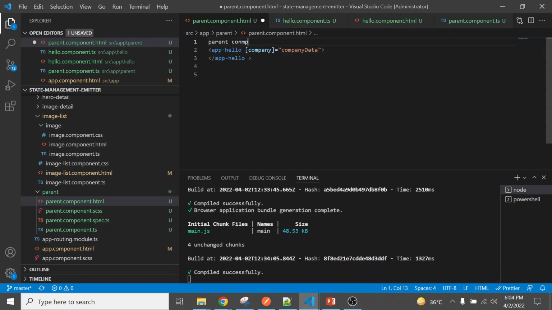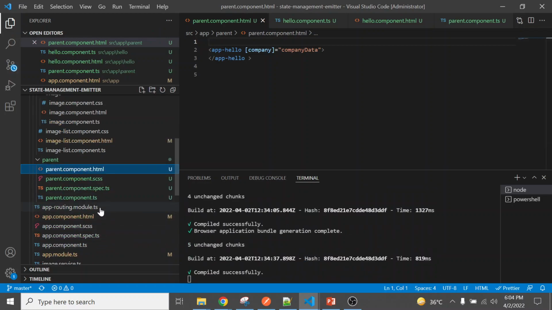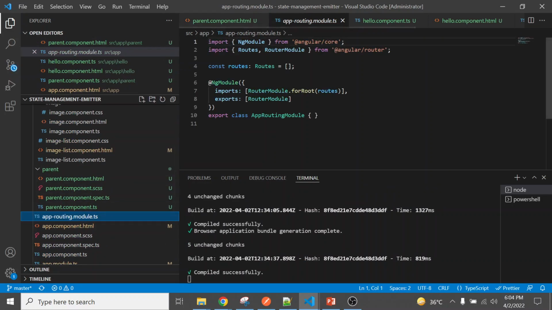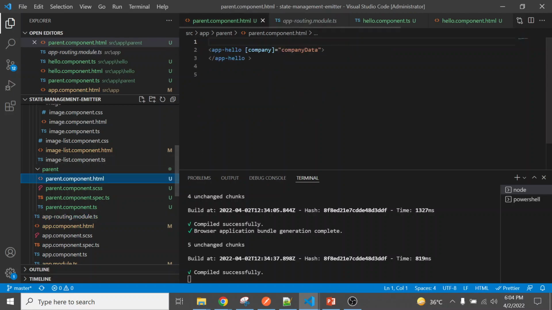Okay, why does it not run? Because we have used routing here. So if you want to display that component, let me show you what you need to do.